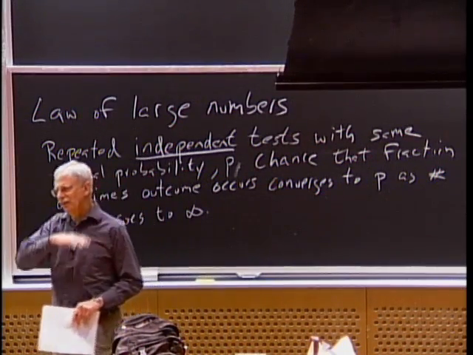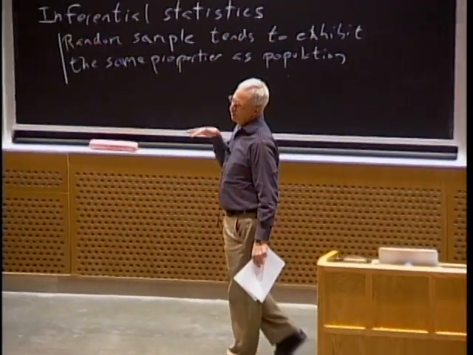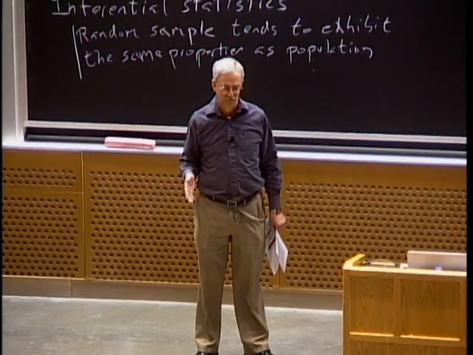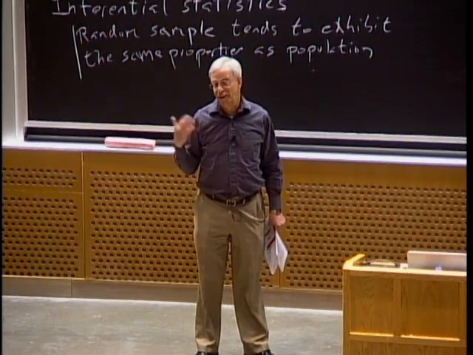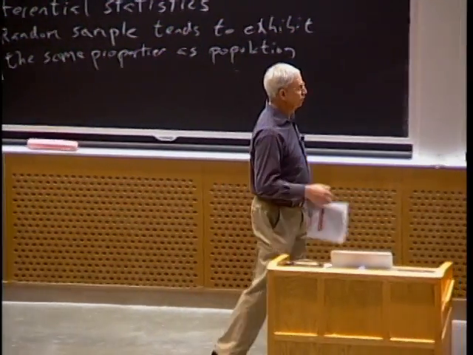All right, so if I did an infinite number of trials, the fraction of heads I would get in this case would be exactly 0.5. Of course, I can't do an infinite number of trials. But that's the law of large numbers. It says